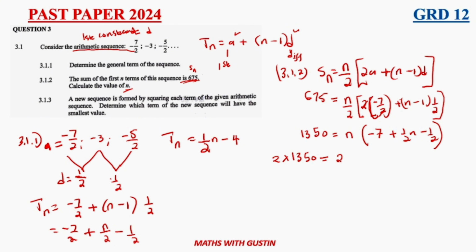This will give me 2n. In this case, in brackets, I hope I'm not making a mistake, by the way. Okay, yeah, multiply everything by 2n. Multiplying everything by 2n, I should be able to end up with